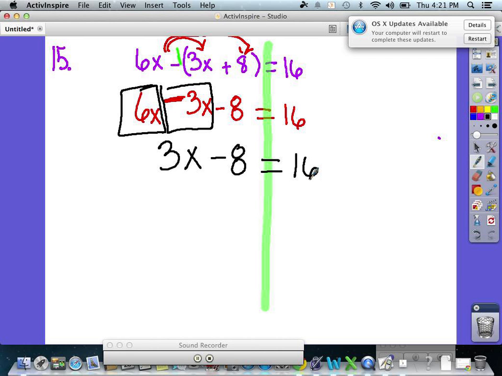Now we need to get our x by itself. So we're going to say